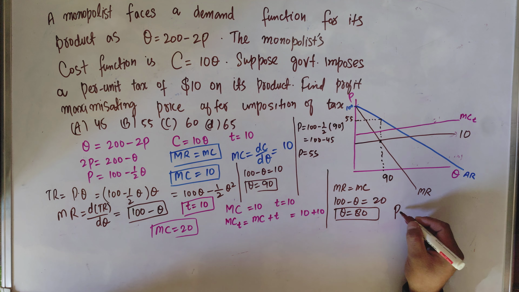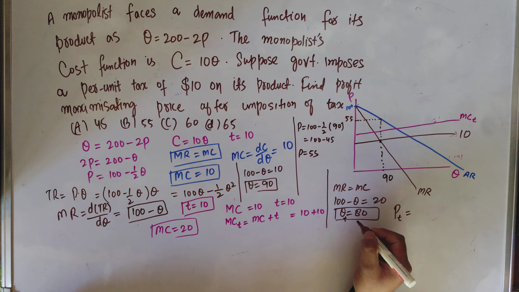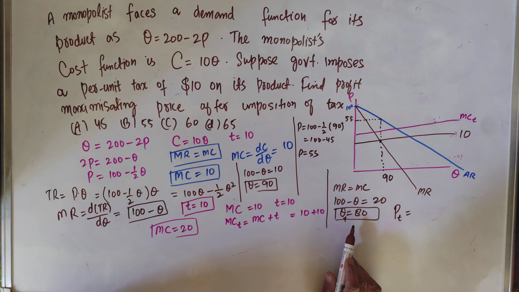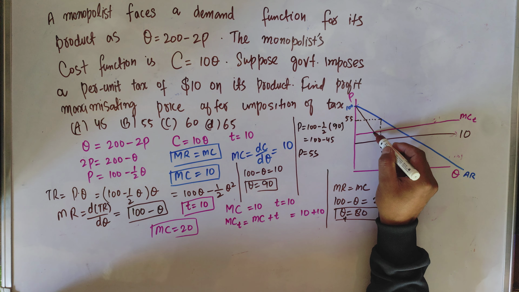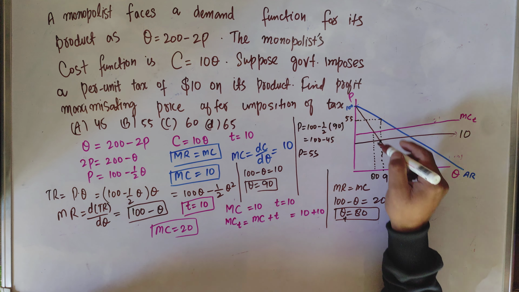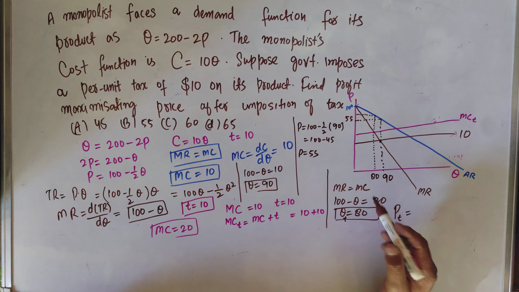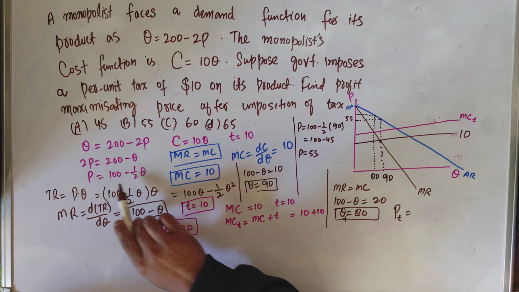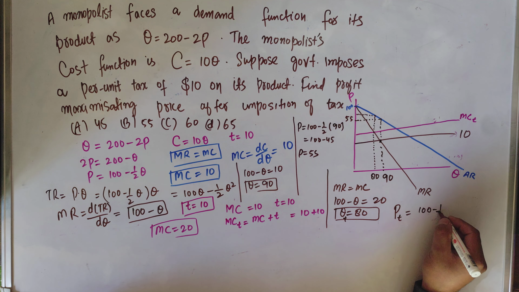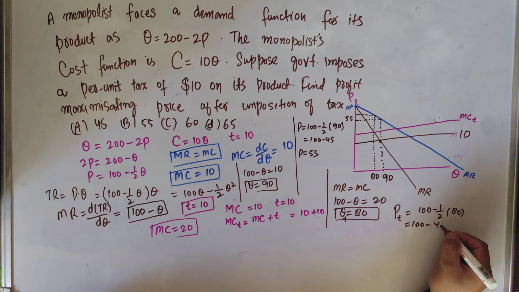Now what will be the profit maximizing price after the imposition of the per unit tax of $10? So plug in the value of Q. This is the quantity produced after the imposition of tax, which is 80, which is less than that before the imposition of the per unit tax, which was 90. What will be the corresponding price? We plug Q = 80 into the inverse demand function. So we have 100 - (1/2) times 80, which gives us 100 - 40, which gives us 60